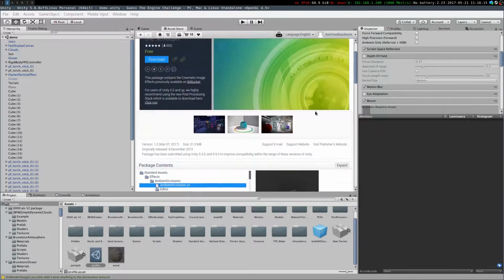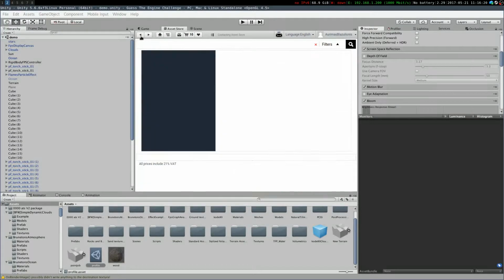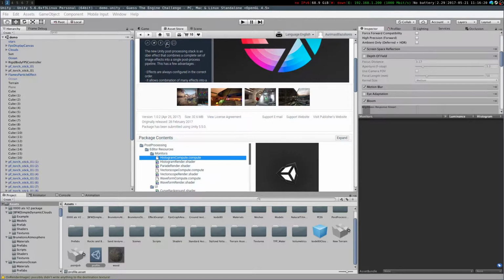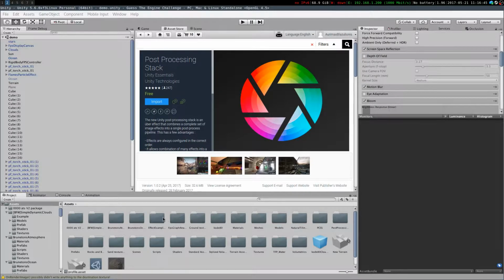It was not optimized for mobile and stuff like that. But the post-processing stack changes everything. Though for some reason, AI adoption does not work in the editor. It's a Linux editor experimental build, so yeah. But it works in the build, so it's disabled for now. So the post-processing stack, and then we have some textures and stuff like that,